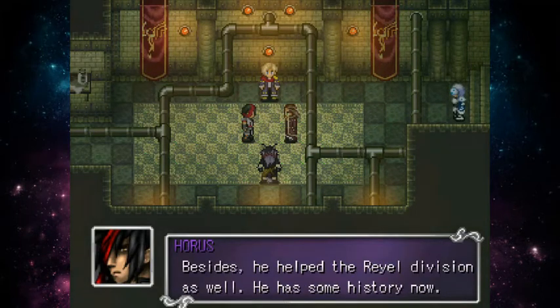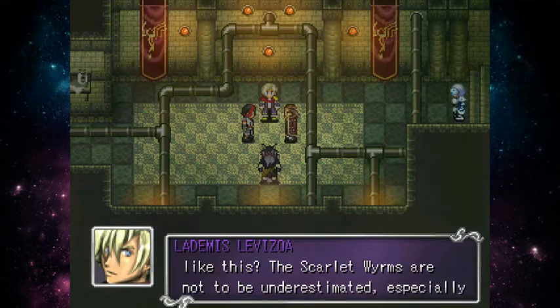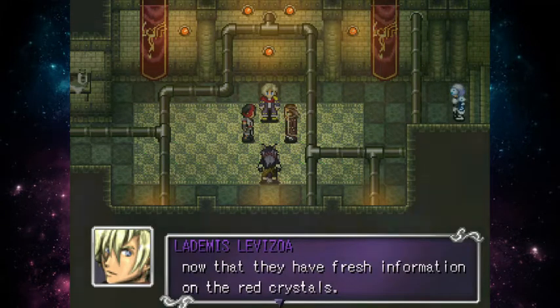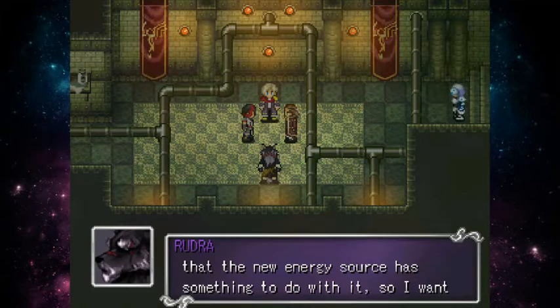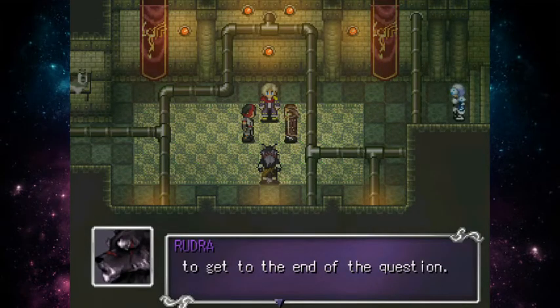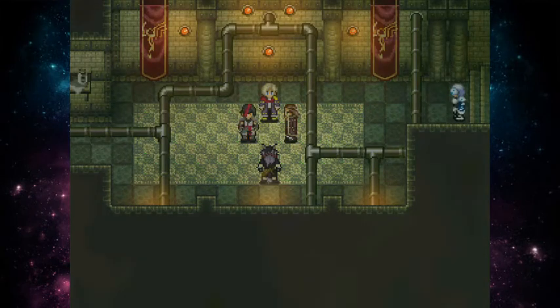Besides, the Elm derailed vision as well. Yes, a mystery now. I don't understand, Mr. Rudra. What makes you risk life and limb like this? The Scarlet Worms are not to be underestimated, especially now that they have fresh information on the Red Crystals. My clan has been exterminated long ago. I have my reasons to believe that a new energy source has something to do with it. So I wanted to get to the end of the question. There's nothing to be worried about. We could...